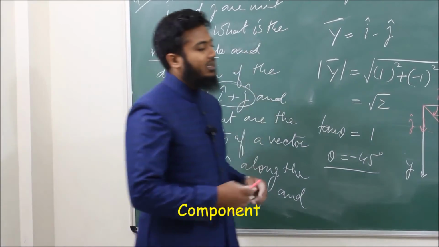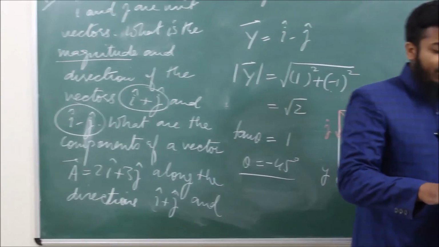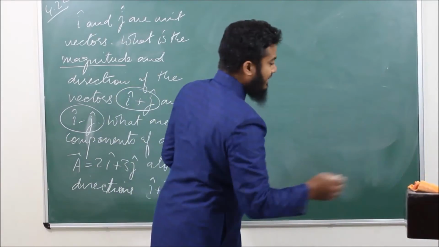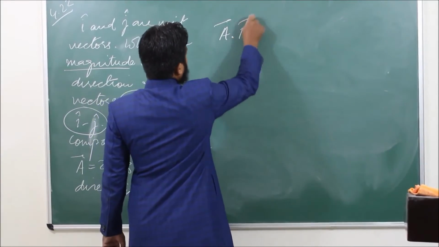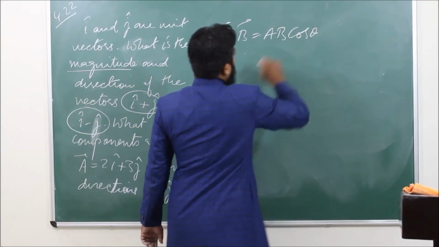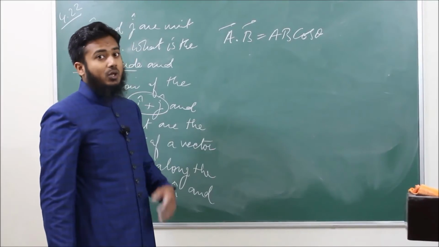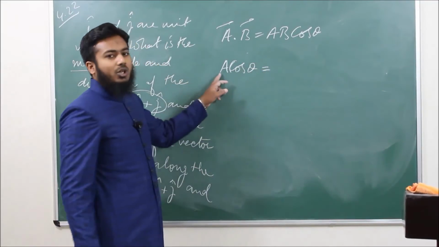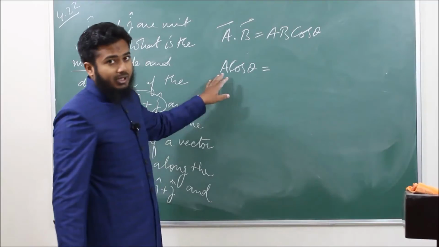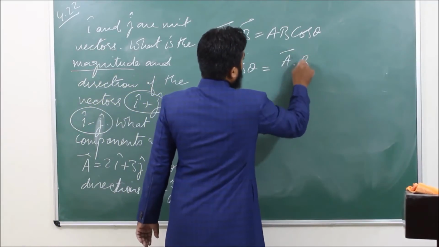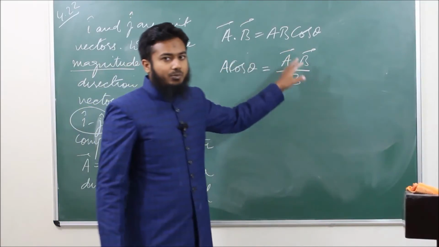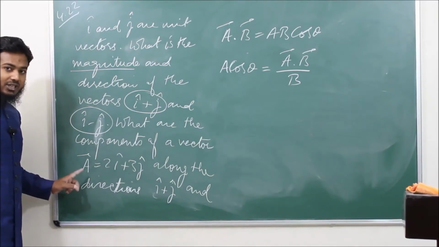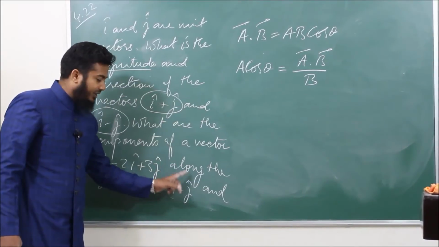along i plus j and i minus j. So if you can remember, we discussed how to find the magnitude of one vector along a second vector. You know, the dot product of two vectors is AB cos theta. A dot B is equal to AB cos theta. Then A cos theta, where A is the magnitude, is the component of A along B. So A cos theta is A dot B upon B. This is the component of A along B. So if you have to find the component of this vector along this vector, which we have written x,